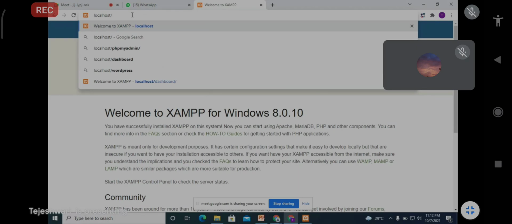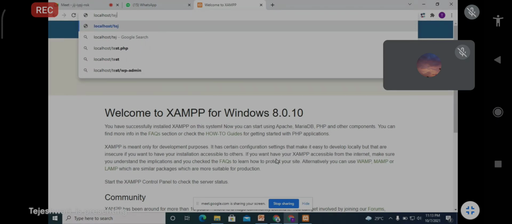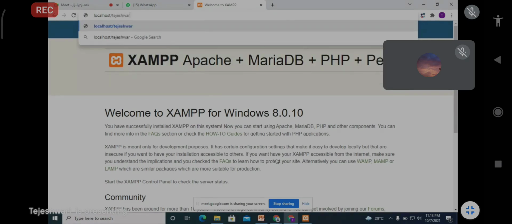Where did I store my files, tell me fast? htdocs. htdocs is just a folder, and in htdocs I created one project folder. Which one? Tejeshwari project. Yes, this one. So just type it properly.